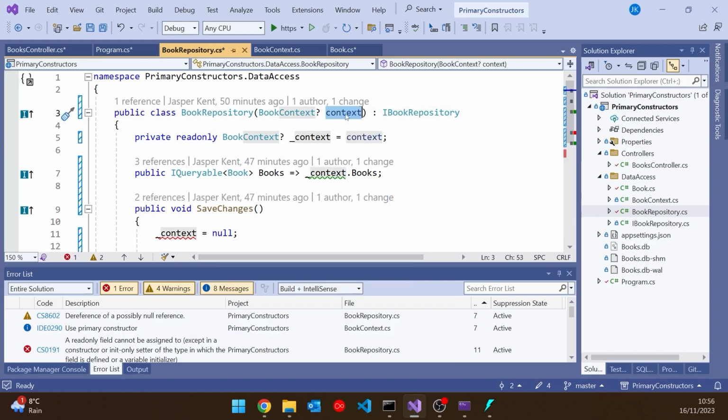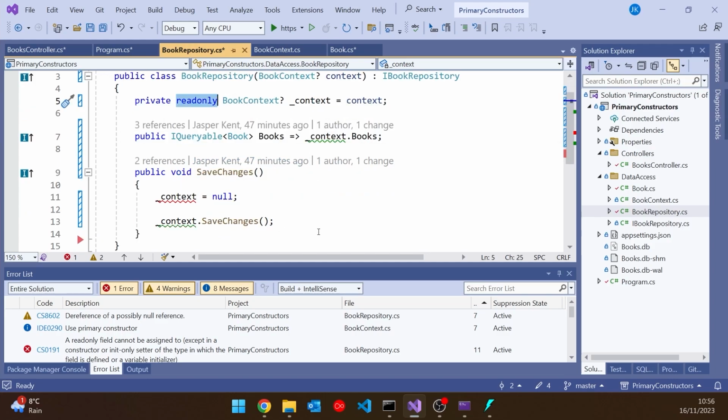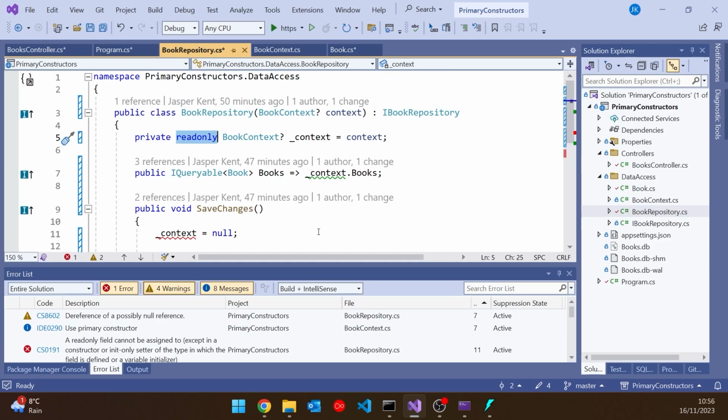So now we can see there's the parameter of the primary constructor, and that is being used to initialize the underscore context. So you can use a primary constructor parameter in the initialization of any of your fields, and that means we can declare it as read-only, which means we get the error in there. So it's a bit more long-winded, but it allows us to introduce read-only or any other possible keywords we might want on there. That said, the use of read-only, it's just a little safety check to stop us doing something really stupid that I think it's quite unlikely that we do.